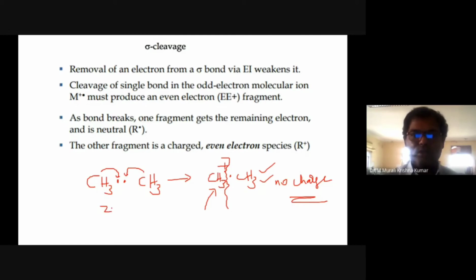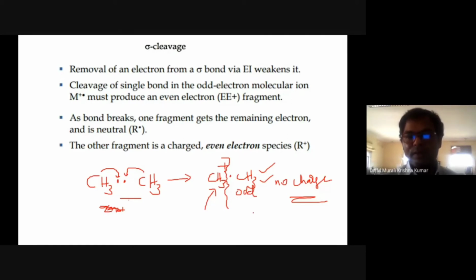Okay, how many electrons are there? 3 2s are 6, 3 2s are 6 plus 2, 12 plus 2. 14 electrons are there in the bonding. Whereas if one of the electrons is gone, 13 electrons will be there in the bonding orbitals. So it will give an odd electron. Here you will have only 13 electrons.